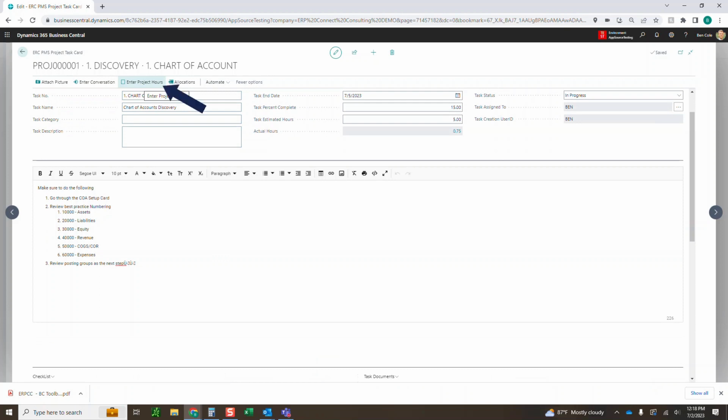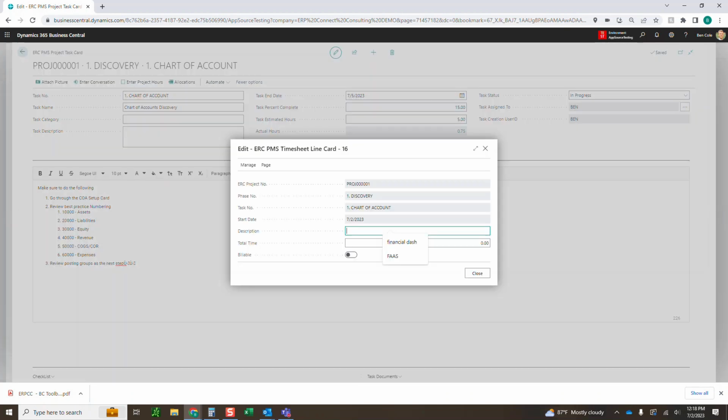If I'm on this task and I'm working on it, I can just go in directly and enter the project hours. It's going to pre-populate my project, my phase, my task, and my date, current date. And then I could just say working on demo for chart of accounts. And this video is going to be about a half hour, so we'll bill about a half hour directly there, and I want to make sure that it's billable back to my client,